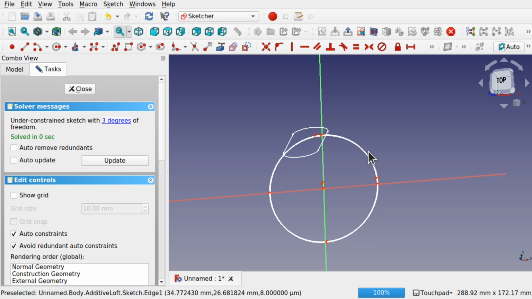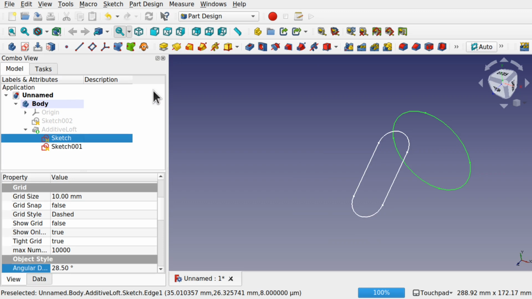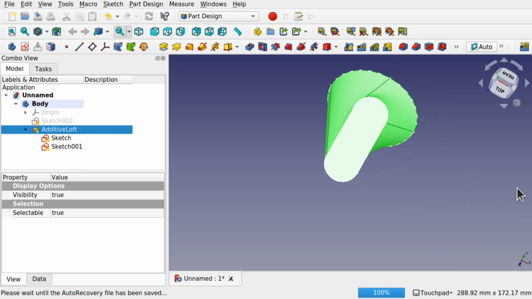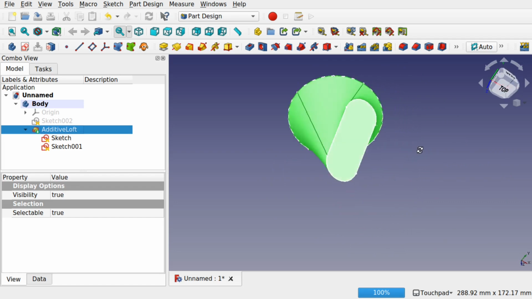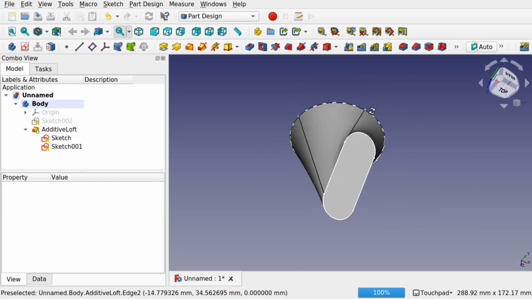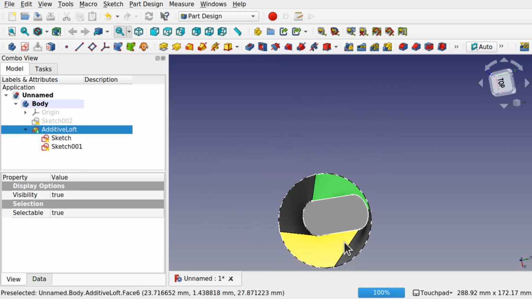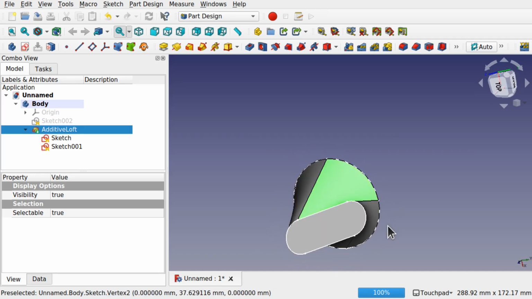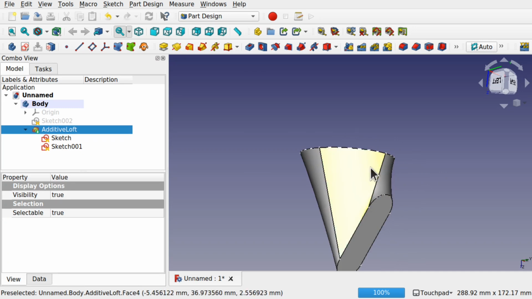Okay, so this should be a closed shape. You can see it's closed, it's moving. Let's hit close and bring back the Additive Loft. So now you can see what's happened. We've got matching faces. So 1, 2, 3, and 4. But our shape has been twisted because the vertices aren't lined up with these vertices here. So if I moved one of these vertices over,